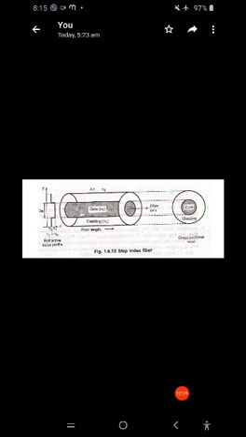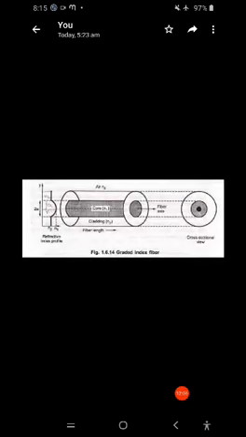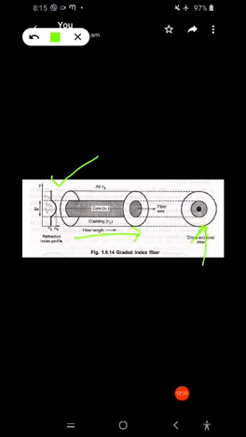So next one, gradient index fiber. In a gradient index fiber, the core refractive index varies as a function of radial distance, right? So this one is the gradient index fiber. Here it also has an index profile, so that is for the gradient index fiber. This one is the fiber length, and it is the cross-section view of the gradient index fiber.